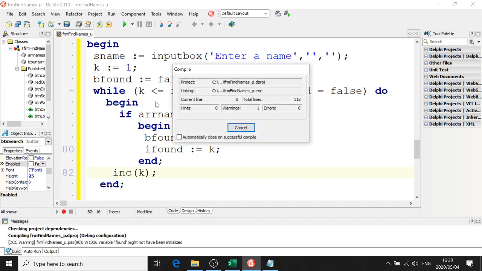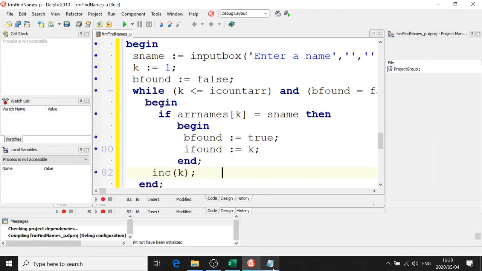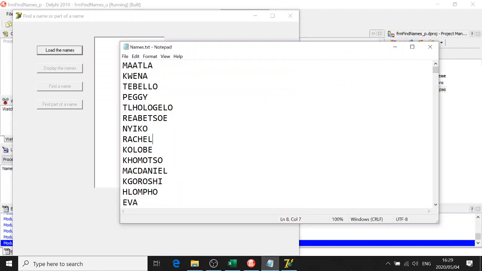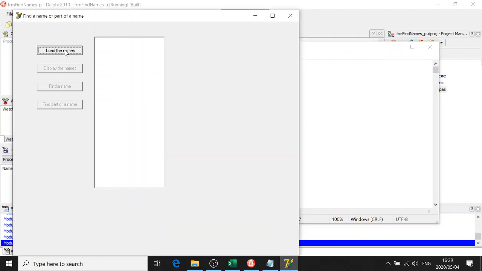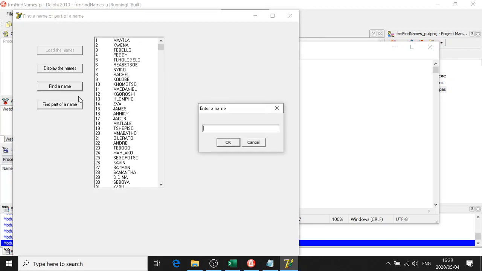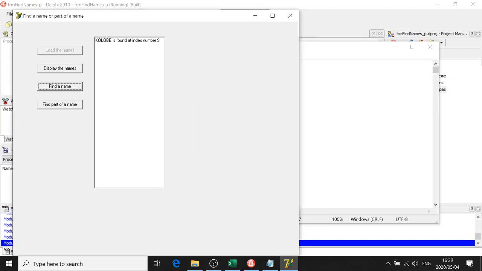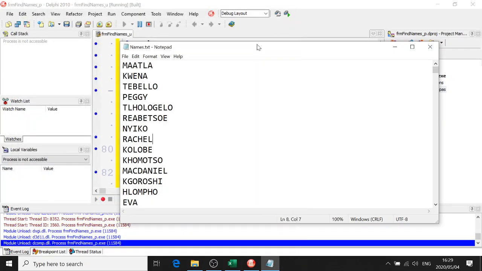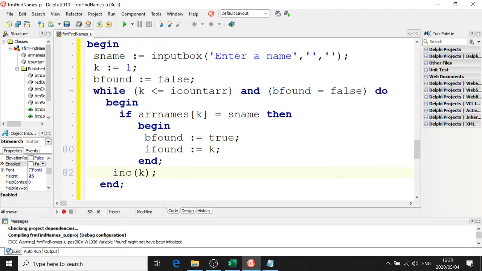So I'm going to run the program. Right now, what name are we going to search for? Look for Kolobe. Load names, display names, so you can see they're all numbered now on the name. Now this will only work if I use capital letters, right? If I use small letters anyway, I'm going to have a problem. So